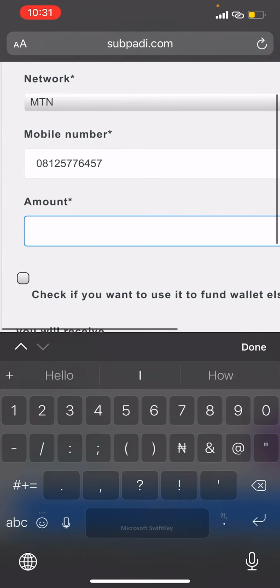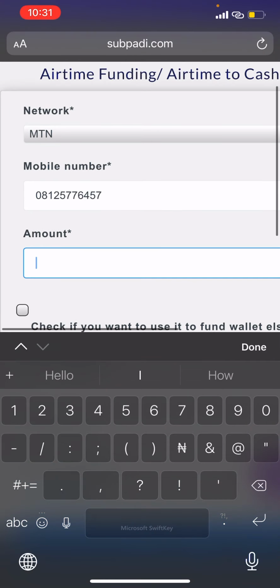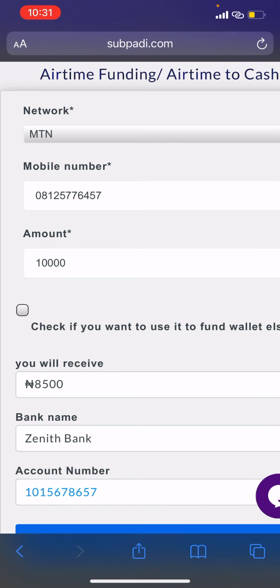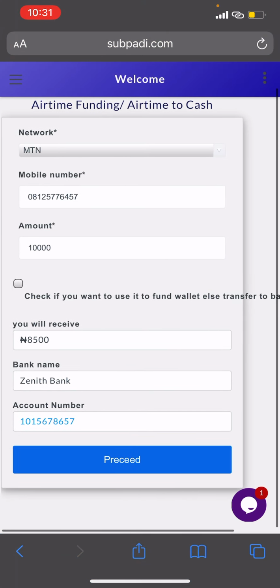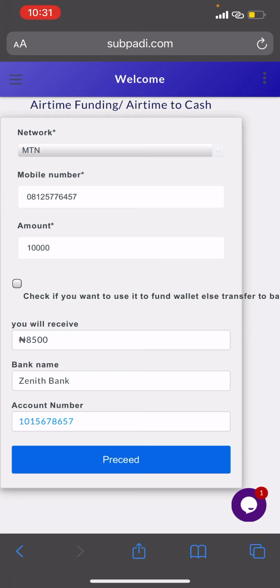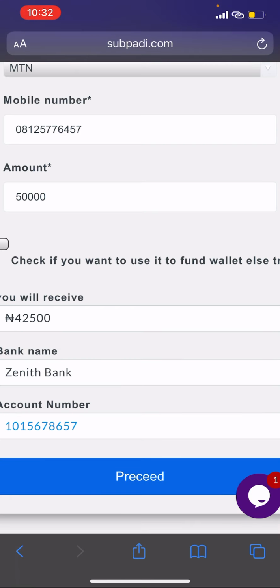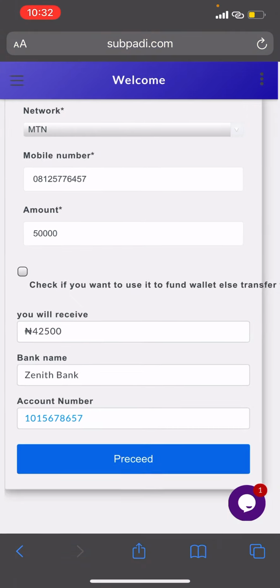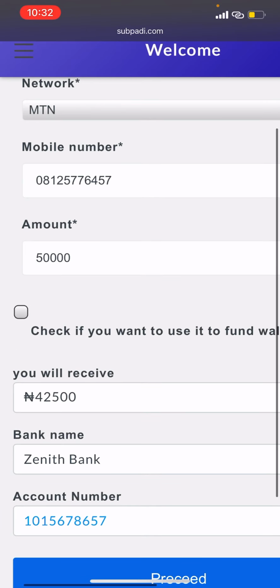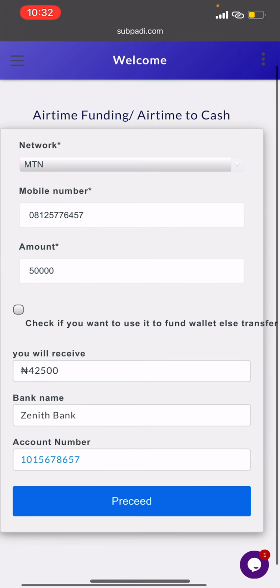So I'll put in the amount of airtime that I want to sell, 10,000 naira airtime. You can see it is telling me that I will receive 8,500 naira in my Zenith bank account. That's what all these things mean. If you want to sell 50,000 airtime, maybe you made a mistake recharging, or you've recharged and then you have bonus and you want to sell the airtime, this is what you do. This 50,000 naira, it is telling you that you receive 42,500 naira in your bank account. The moment you click on proceed,